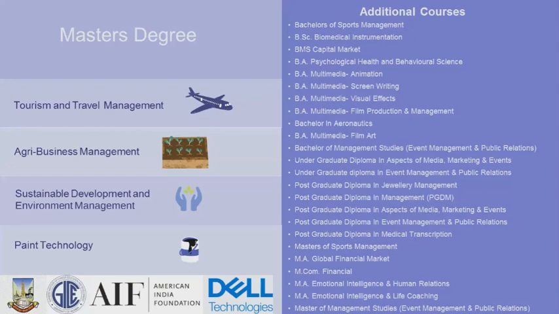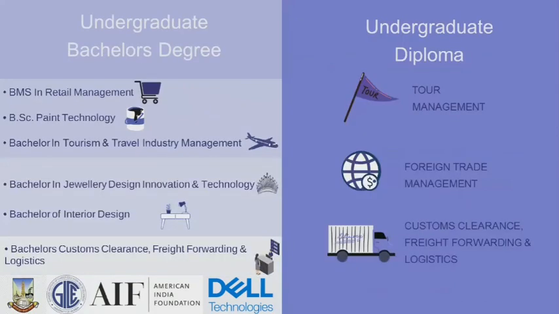Next we come to the undergraduate diploma in foreign trade management. This course is for 1 to 1.5 years, while the other courses I mentioned were all 1 year. The total fees would be around 40,000. And as I said, most of these undergraduate courses just require a basic class 12 pass, and you will have a written test followed by an interview.